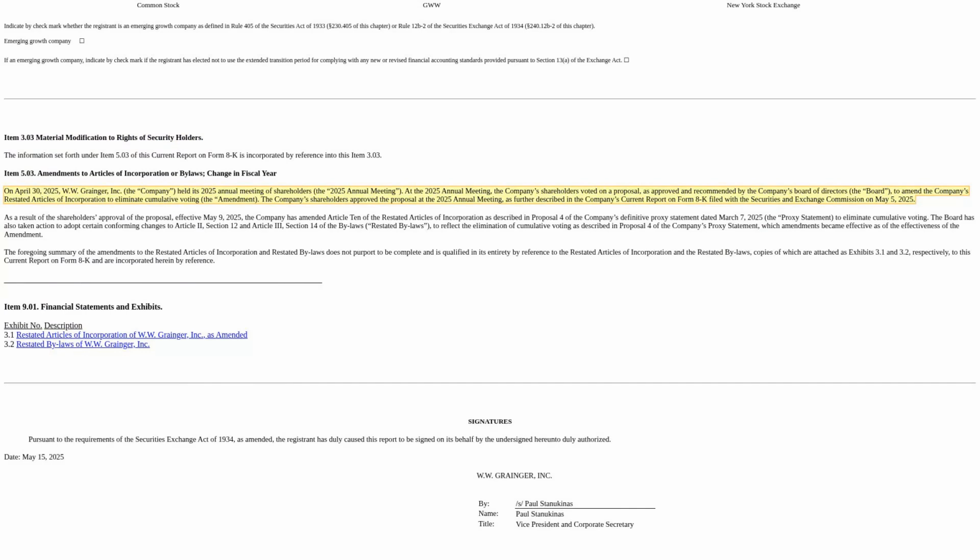This all happened because of a vote at Grainger's annual meeting in April. The shareholders got to weigh in on a proposal to get rid of something called cumulative voting. So what is cumulative voting? Imagine you have a certain number of votes and you can spread them out across different candidates or put them all on one person you really believe in. That's cumulative voting. It can help smaller shareholders have a bigger impact. Grainger decided to eliminate it. Getting rid of cumulative voting usually means it's harder for minority shareholders to get their voices heard on the board